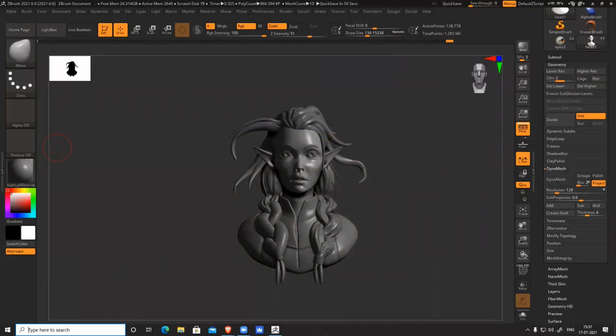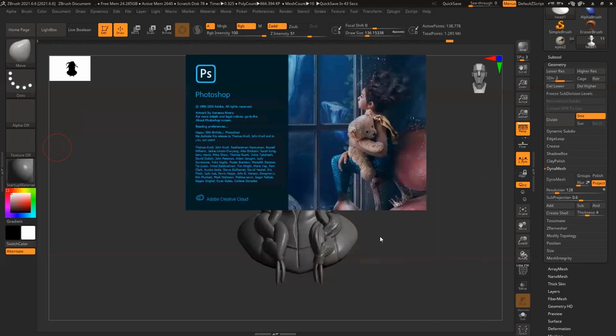Open Photoshop and convert the image into black and white. Not alpha, just black and white, the grayscale. You have to convert it into grayscale. No color information basically. Desaturate the entire image.